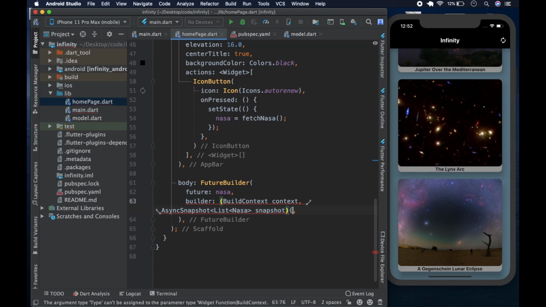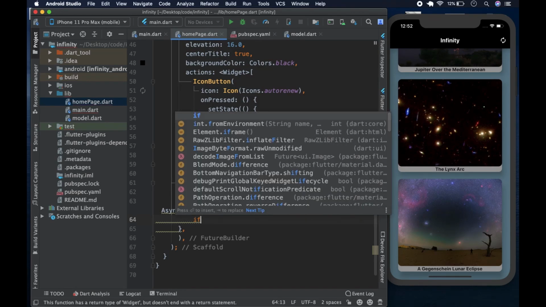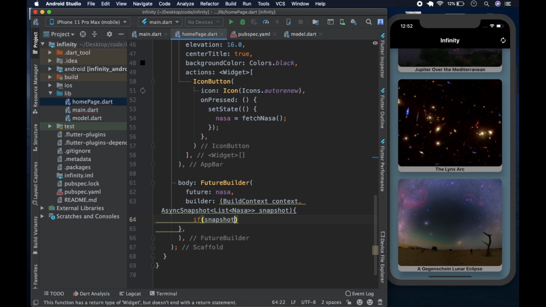And of course you have to check if the snapshot has data. Why is this giving me... oh, we are lacking one angled bracket, so we could put that there. And you have to check if the snapshot has data, if data has come in. So if the snapshot dot has data,